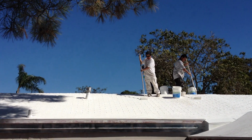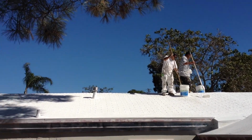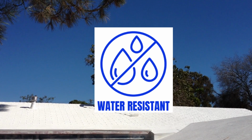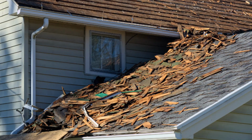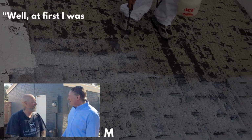The application of GEI's protective green coatings provides a cost-effective solution for the property owner, restoring the roof without the need for removal and replacement. The encasement solution reinforced the surface, making the roof wind and water resistant, keeping you and your property safe. According to the owner, he was worried they would have to tear off the whole roof, but GEI's green encasement saved his